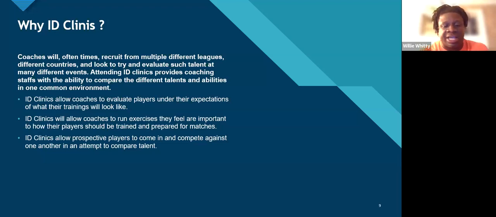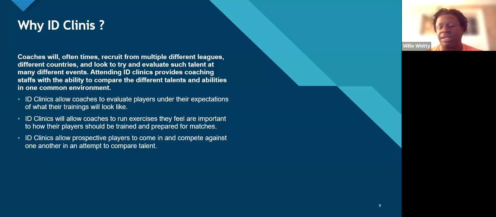And so when you go to these college ID clinics, that's what the coaches are trying to do. They're running their drills with their environment, their energy, and they want to see how the kids react to them. They also want to see how they approach it, how they walk on the field, how are they talking to the other girls on the team? Are they really competitive? Are they shy? They're looking at it all. So keep in mind, these are very critical points of the recruiting process. When you go, it just depends on who's on your list, and I'll work through that with you.